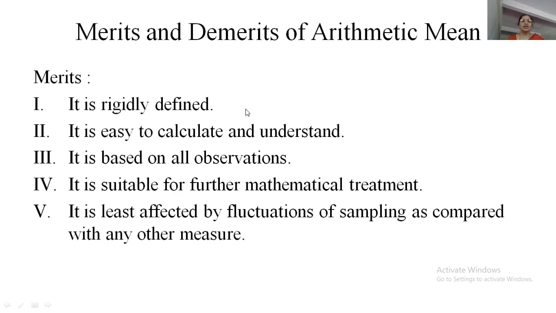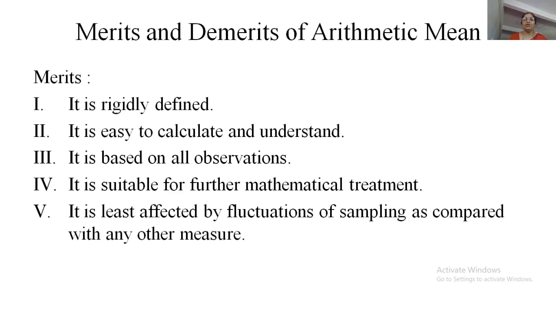If you think the extreme observations should be deleted, in that case you can compute trimmed mean. Otherwise, arithmetic mean is based on all observations. Further, arithmetic mean is capable of further algebraic calculations or treatment. That means when we have x bar and n, you can always compute the sum of all observations. Further, if you have arithmetic mean for one group and an arithmetic mean from a second group, then you can find out the combined mean for the combined set of observations.